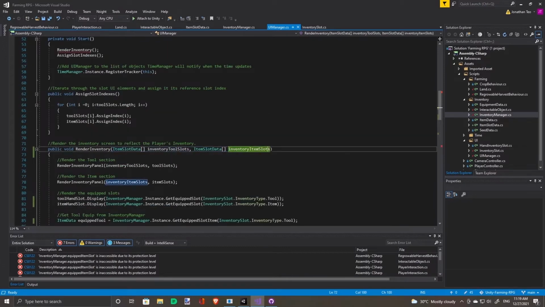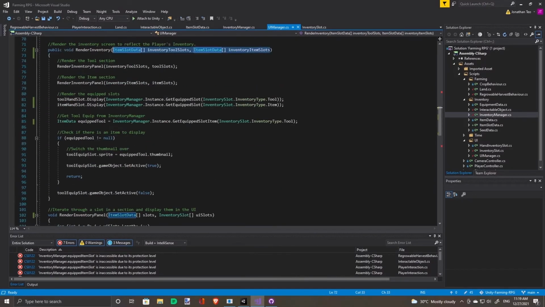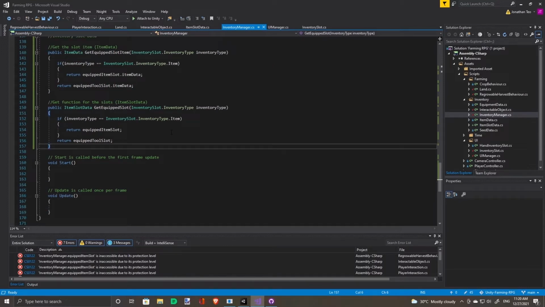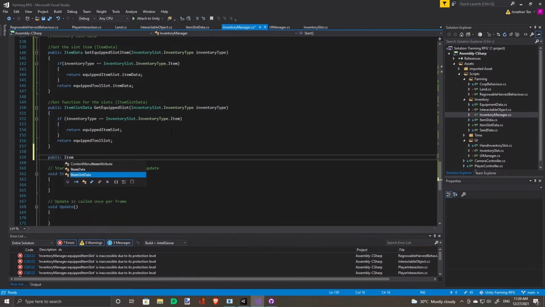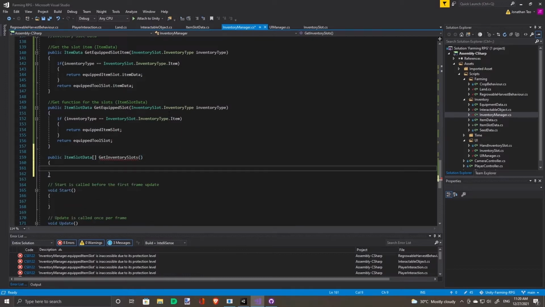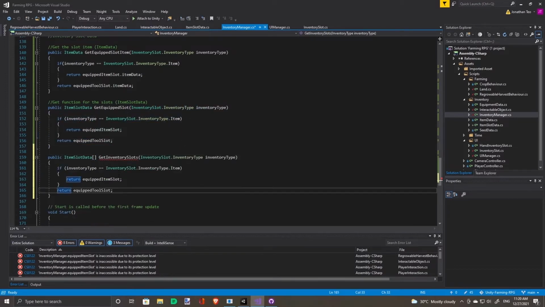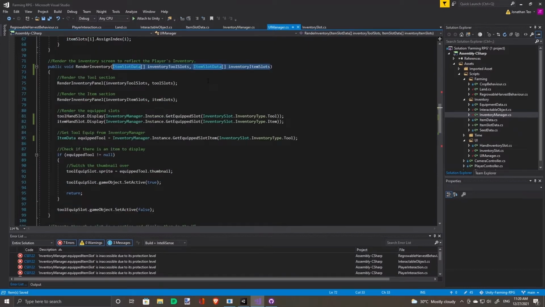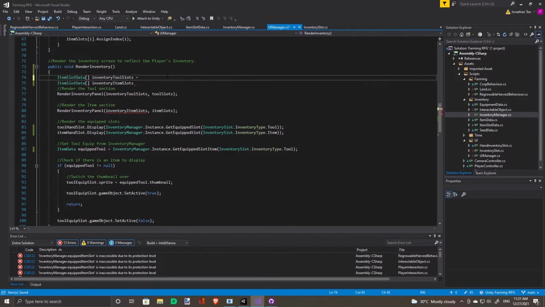Instead of relying on function parameters to get the slots, let's just create a get function in inventory manager to get the inventory slots. So instead of this, we have to declare each of the variables.